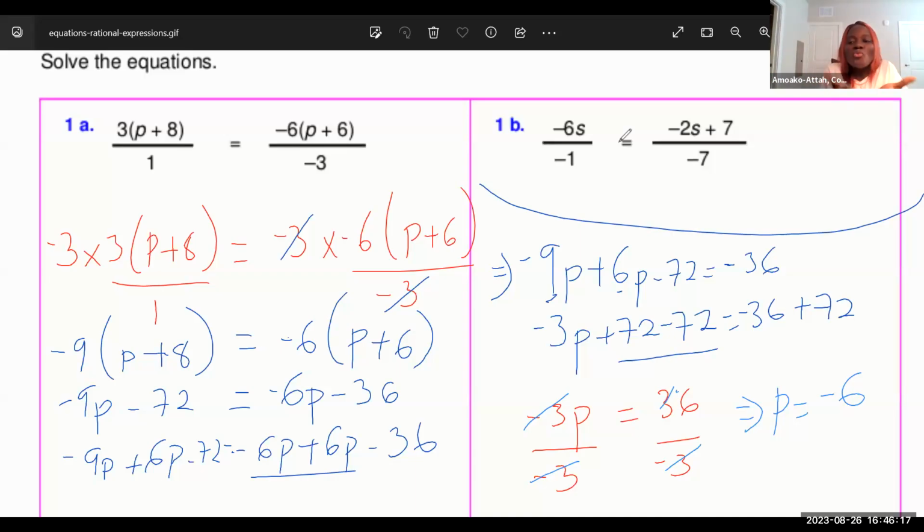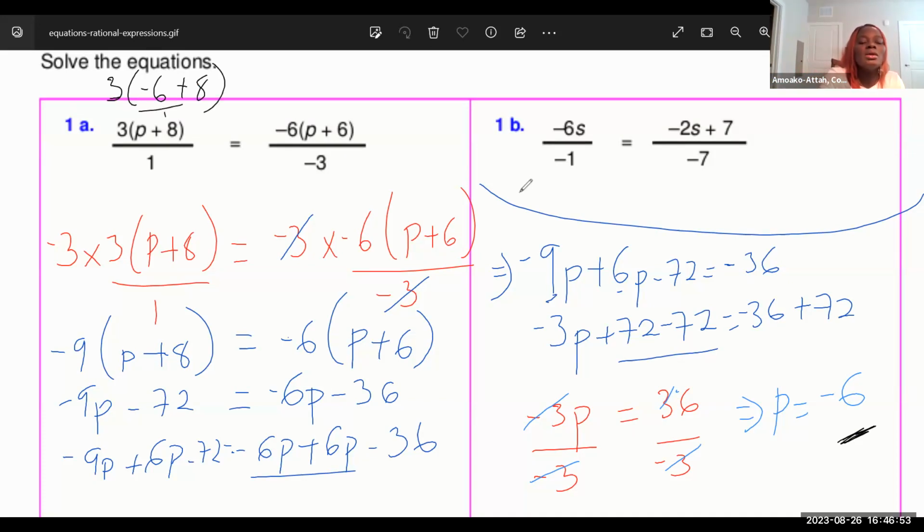Now let's prove whether our answer is correct or wrong. So we can fix our answer back into the original equation that was given to us. We are fixing the negative 6 here. Wherever we see P, we're fixing negative 6, right? So we have 3 parentheses negative 6, because it is P. We're now fixing the value for P, which is now known to be negative 6, plus 8